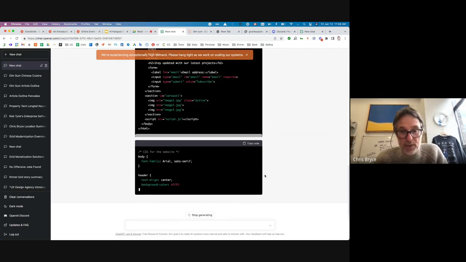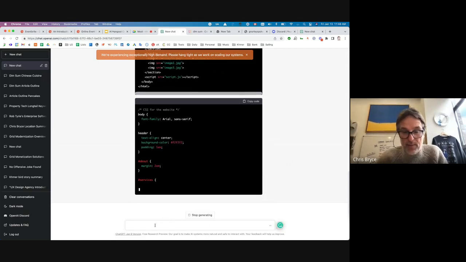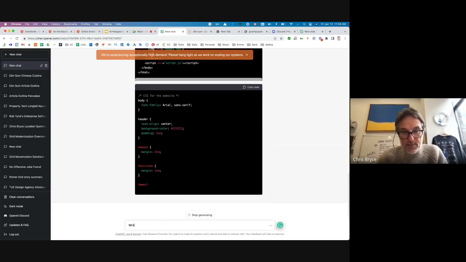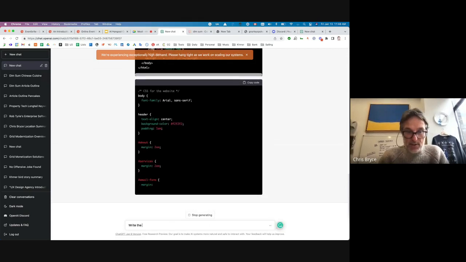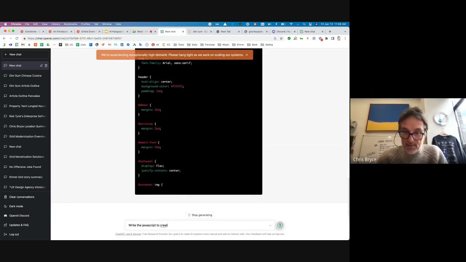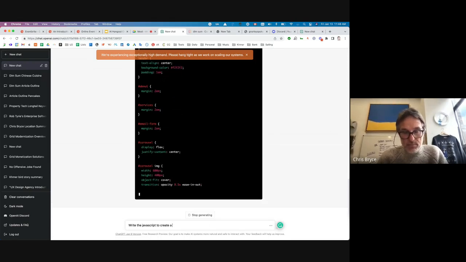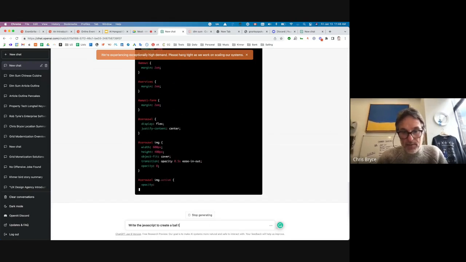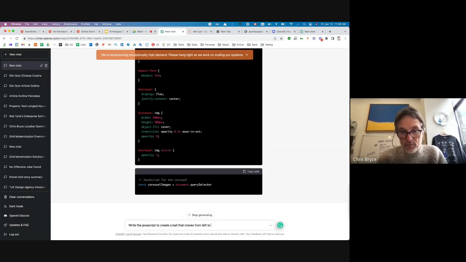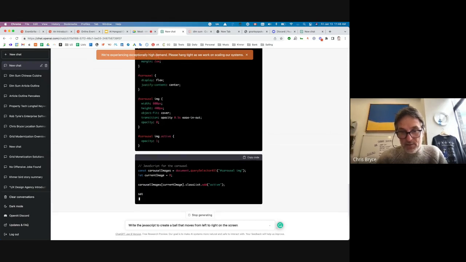So the more specific you ask it to write the code, the more complex it'll be. Maybe I'll just ask it to write the JavaScript to create a, I don't know, a ball that moves from left to right on the screen.